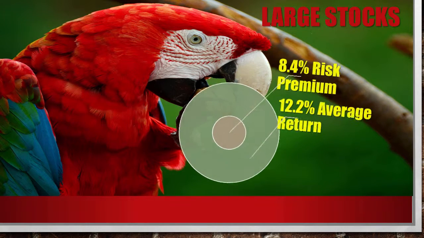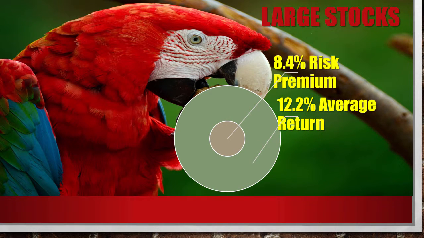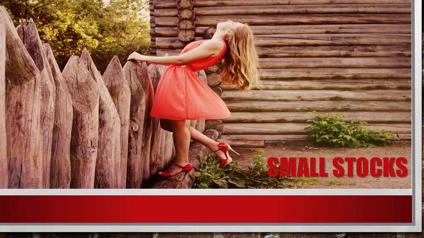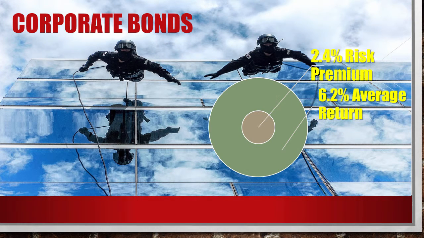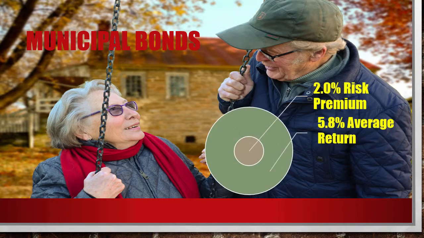And in fact, when we take a look at large stocks, we see that the average return was 12.2%. The risk premium was 8.4%. When we take a look at small stocks, the average return was 16.9%, and the risk premium was 13.1%. When we take a look at corporate bonds, the average return was 6.2%. The risk premium was 2.4%. Long-term government bonds had an average return of 5.8%. The risk premium in this case was